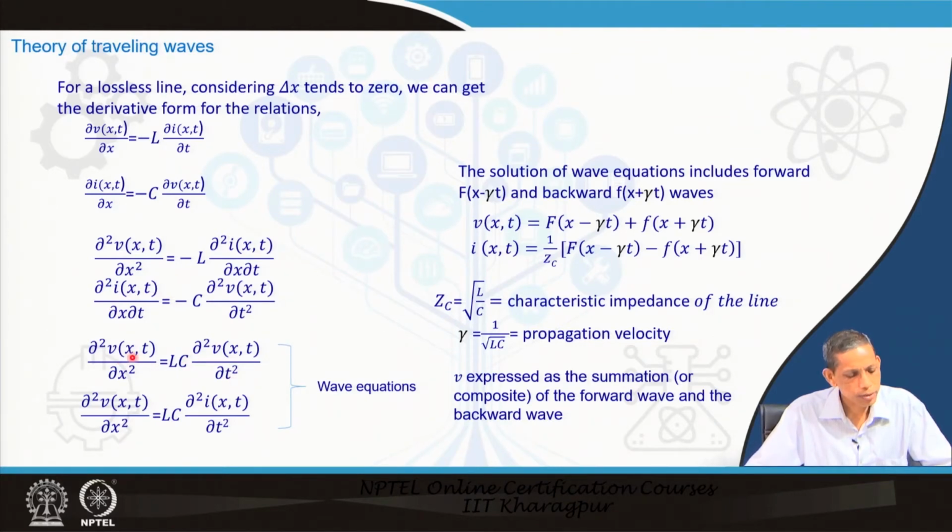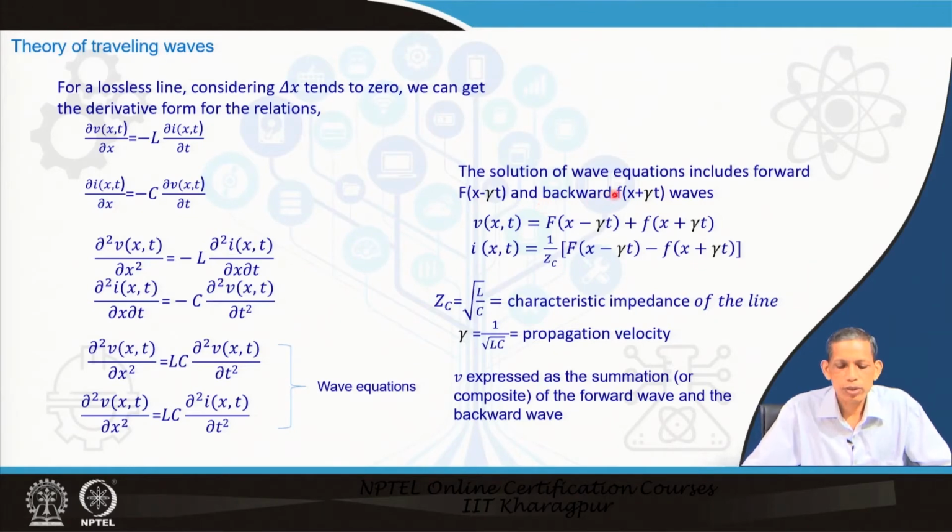So, here if we see both are voltage relations. One is derivatives with respect to x, the other with respect to time. Therefore, we can write in terms of the current: del square I(x,t) upon del x square equals L C del square I(x,t) upon del t square. So both voltage and current relations we can write down, and that is what we call wave equations, a very common equation, the travelling wave equation.